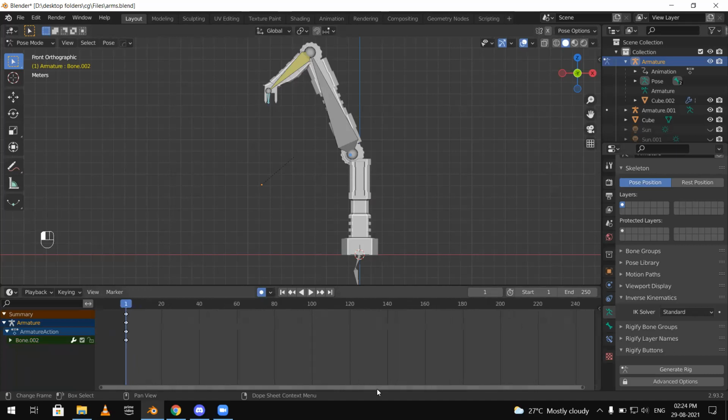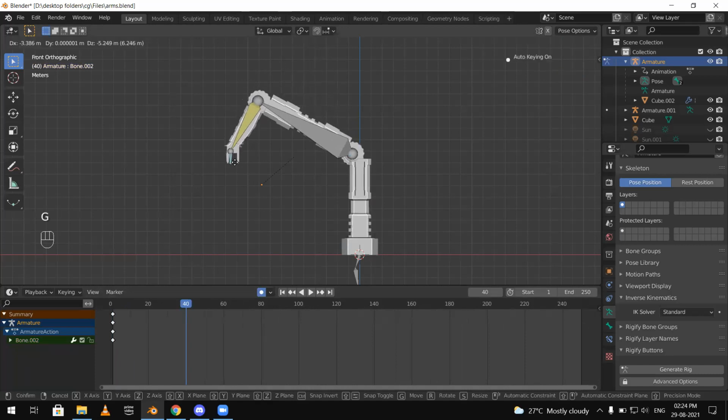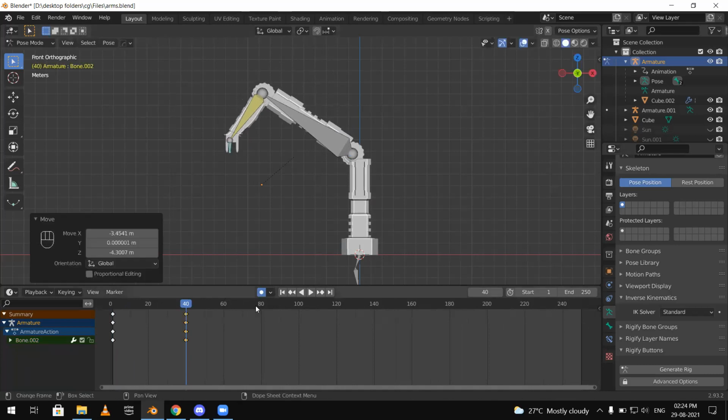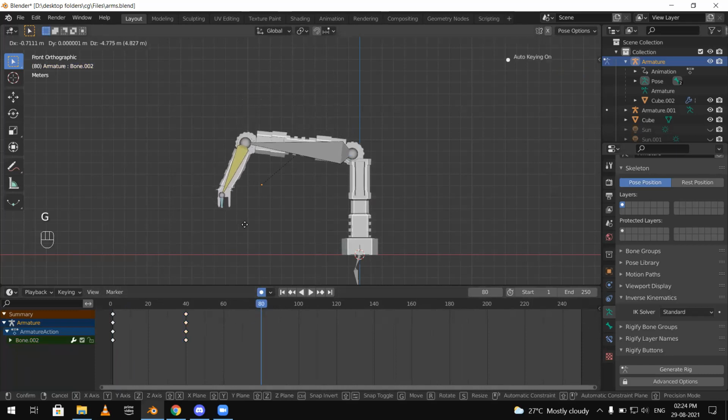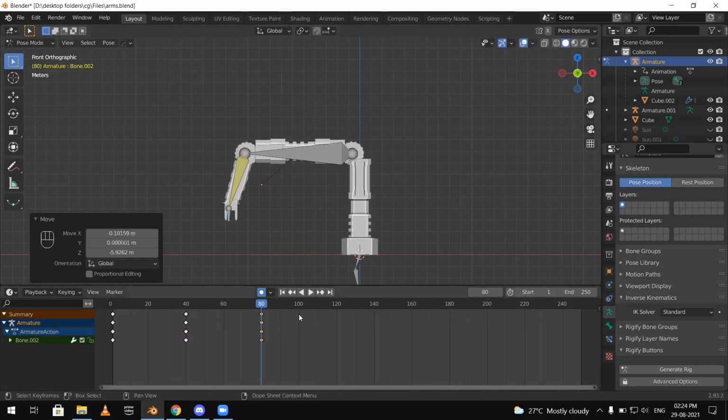Now we will move to the 40th frame and we will move it a bit down, just right there. Then go to the 80th frame, move it a bit down again. We all know how robotic arms work, I think.